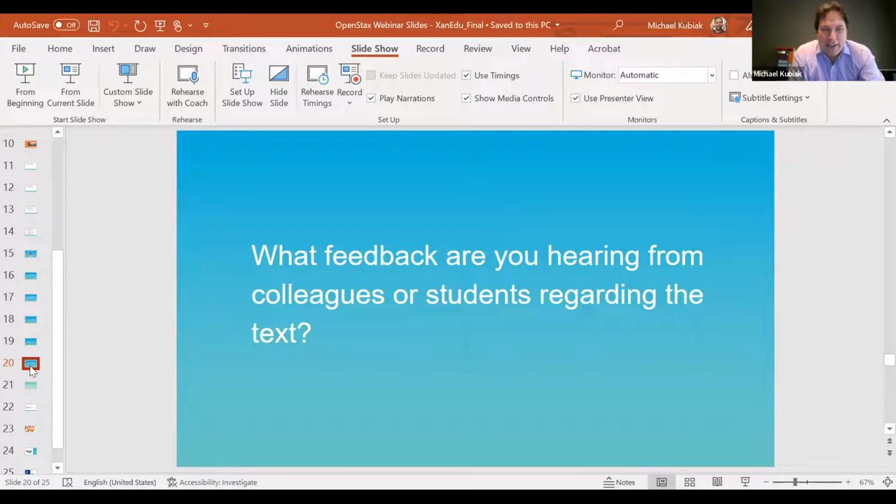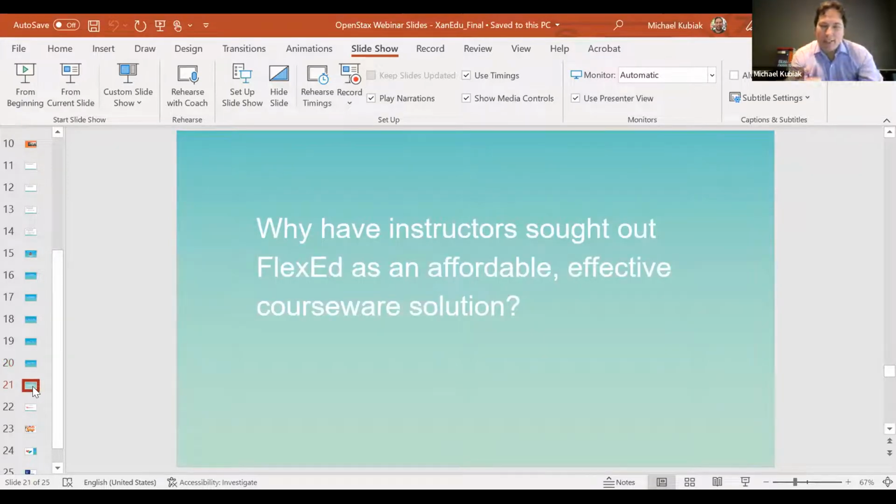You touched on this in your last remarks, but as we think about the importance of a high quality textbook like this one that you helped to author, with that breadth of content, just as you shared. You mentioned too that as great as the textbook is, it can't always include everything an instructor might need for a successful course. And Lindsay shared a few examples earlier of the types of ancillary materials OpenStax creates so well, and Beth shared the FlexEd content, and we'll look at some more of that in a moment as well.